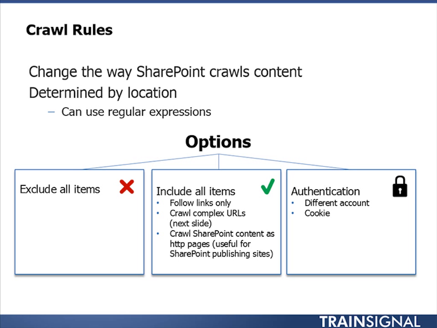You're also going to notice that we have the ability to tell our SharePoint crawler to crawl SharePoint content like HTTP pages. Normally, the way that the crawl service is going to work is it's just simply going to connect out to SharePoint, call a web service, and basically just ask SharePoint, hey SharePoint, what's going on? What you got? Give me all your items. And so SharePoint's just going to go ahead and reply with all the appropriate information. The catch here is I might be using SharePoint for publishing, which basically means that I'm going to be creating an internet site or maybe an intranet site that's going to be read-only and really much more of a classic